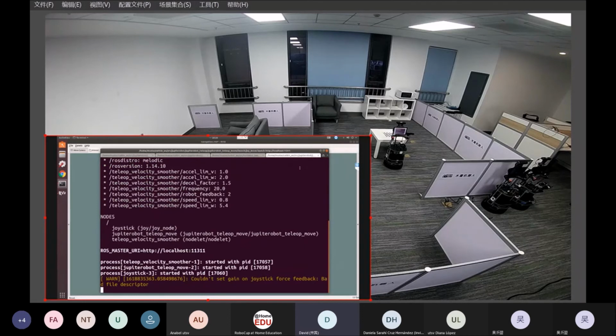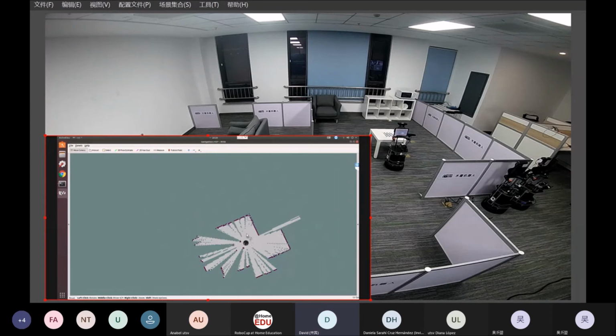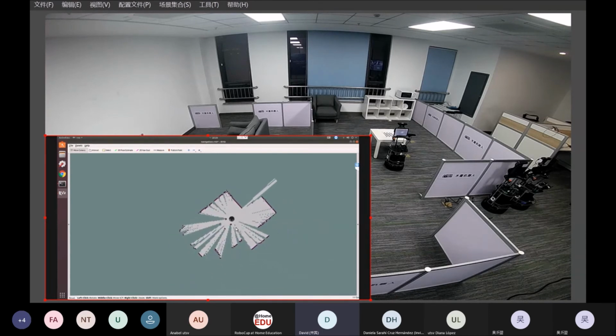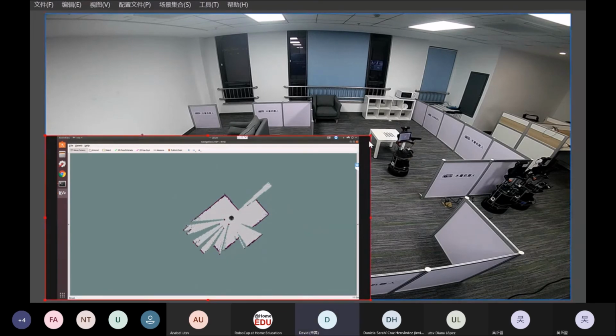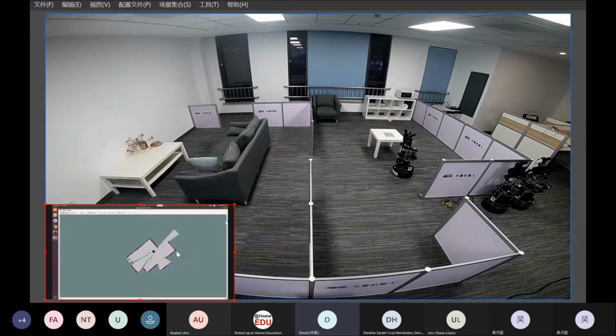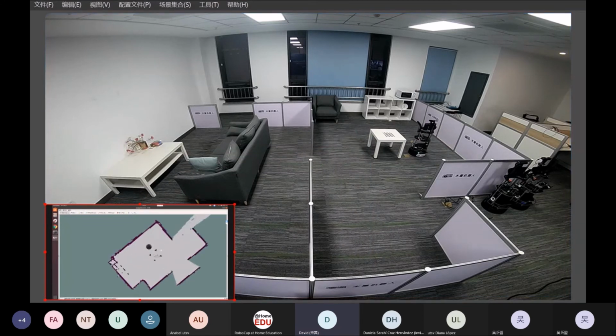So for the joystick, we can minimize this window, and we can use the joystick to control the robot to move around the world. Okay, you can start. So because this is a real robot, you can see here we cannot find the